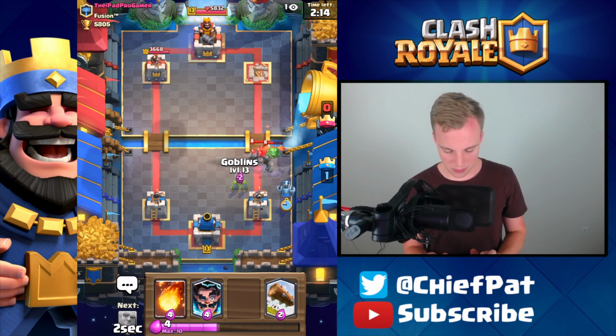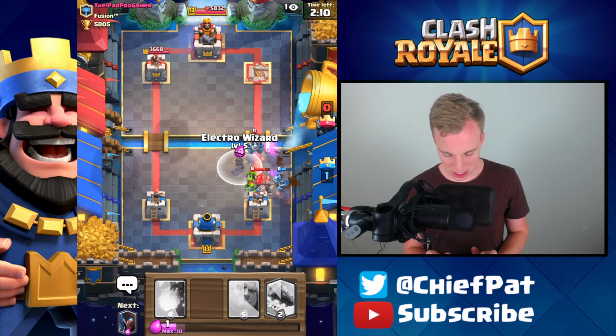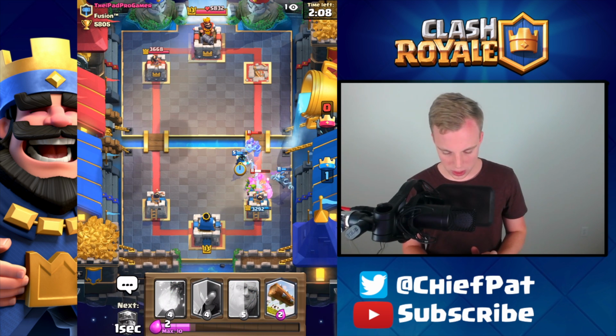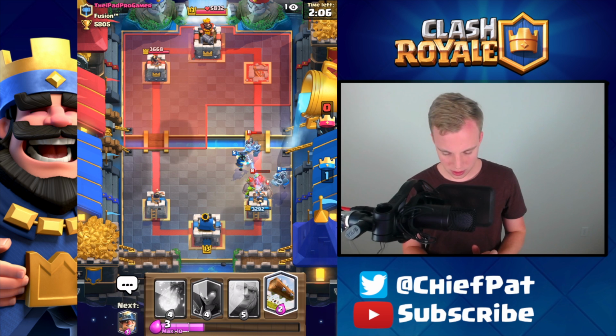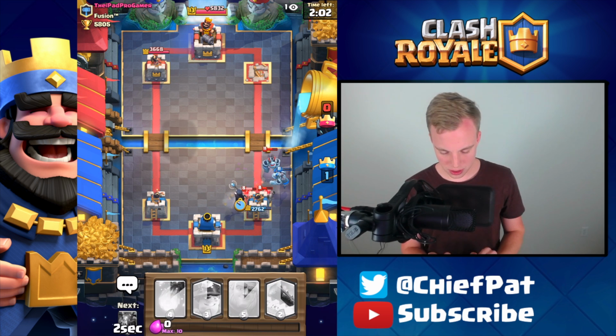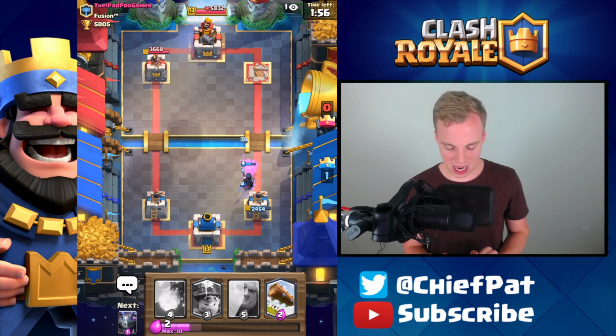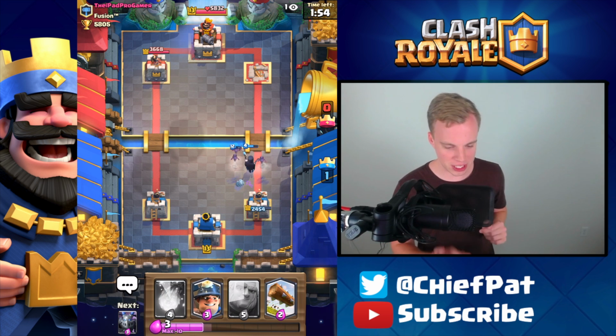Now, let's get the Mega Minion onto this baby dragon. Wait. Okay, I thought it didn't attack the baby dragon for a second. Here's the E-Wiz onto the Mega Minion. Oh, that's not going to work. Uh-oh. That's not going to work. I should have played Fireball, not Night Witch. Maybe my bats will spawn and help out. Oh, those bats are glorious. Those bats ended up saving the day,